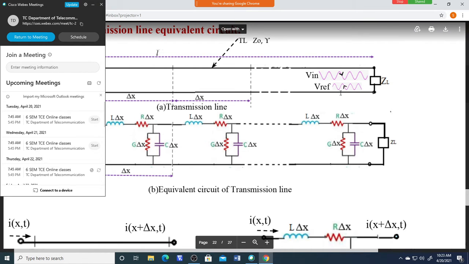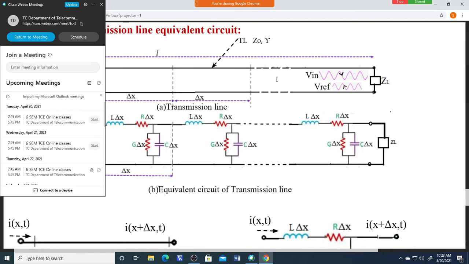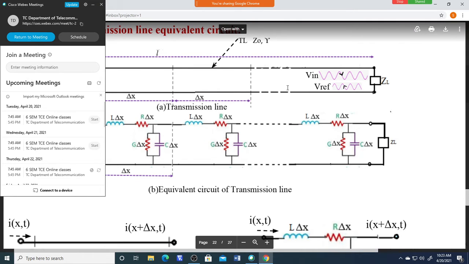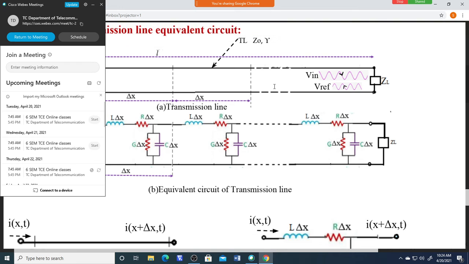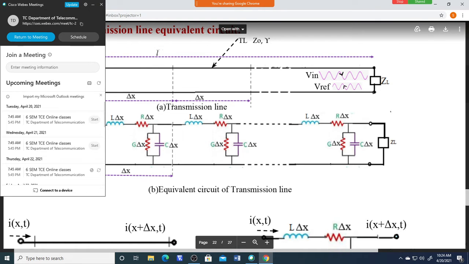Also, here the waves travel like this. Incident wave is there and reflected wave is there. In the earlier low frequency and RF cases, only the incident wave would be there, going like this. But here a reflected wave is also there. On this transmission line, a signal is traveling in this direction, that is the incident wave, but after being incident over the load, because of mismatch, a reflected wave is going like this.